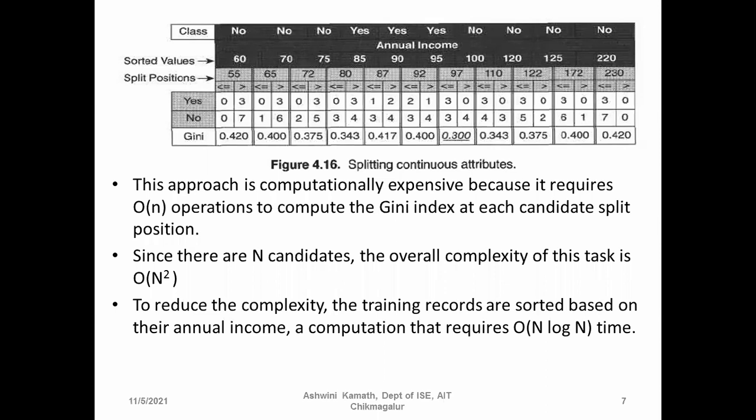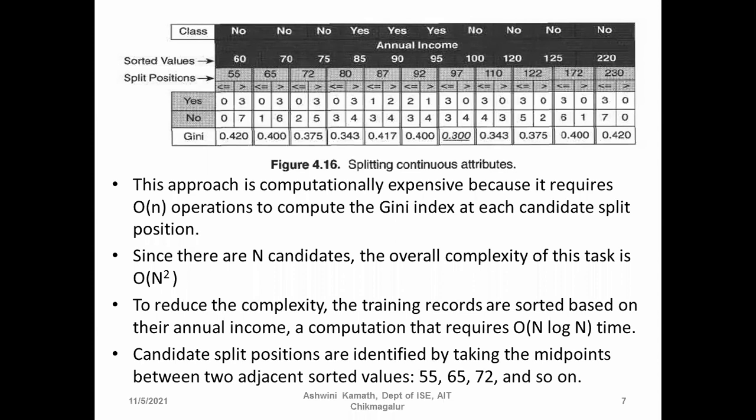We know that when the efficiency is a logarithmic value of the size of the input, then the algorithm is very fast. Since here we have n log n, the computation time required will be very less when compared to n square. So for that, we are going to use the split positions, and those